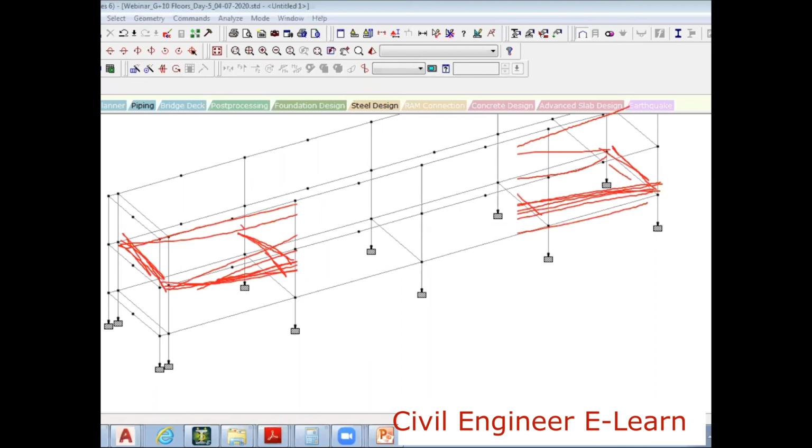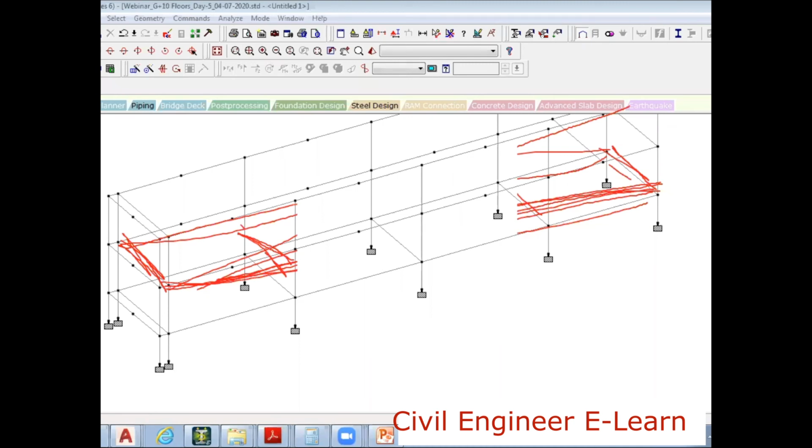Namrata is asking, after a long time: can we move the beams from floor to floor? Yes, we can move them, but here, unfortunately, the floor to floor heights are not the same. In the previous building we had the same floor height.